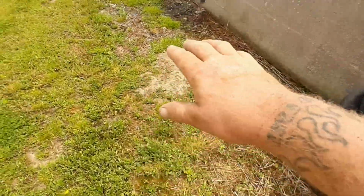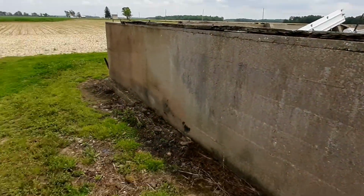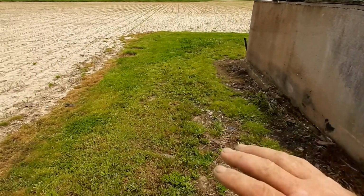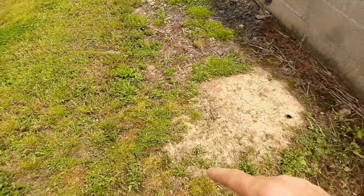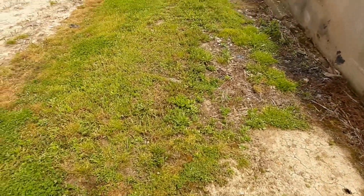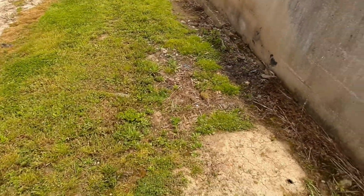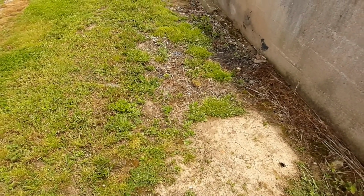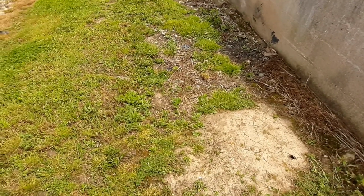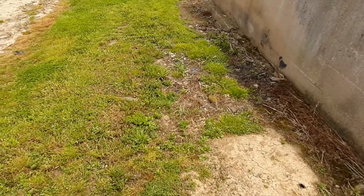I'm gonna till up an area back here behind this old barn, and I'm gonna plant all my watermelon and cantaloupe. So probably this area down to the end of the barn, and then plant watermelon, cantaloupe. There's a lot of junk back here, so I don't know how it'll go. I've never planted back here, but